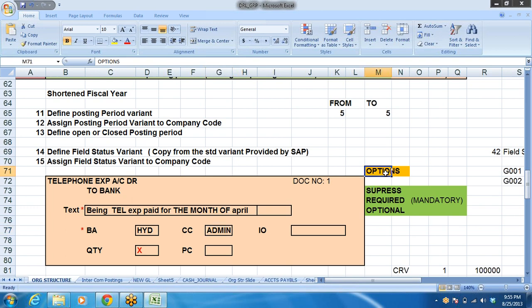There are 3 options. One is suppress, another one is required, third one is optional. If you suppress, say for example for telephone expenses, I don't require quantity field, so I'll suppress this. Once I suppress this, even that field will not be visible to the user at the time of accounting entry. Then if I make it required entry, there will be a symbol, not star of course, there will be a symbol, and unless that field is filled by the user,